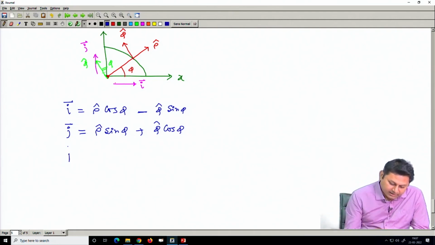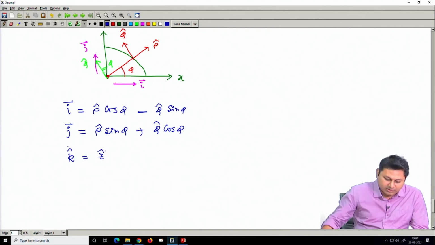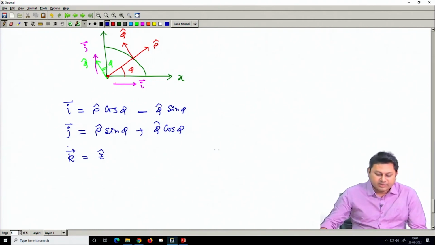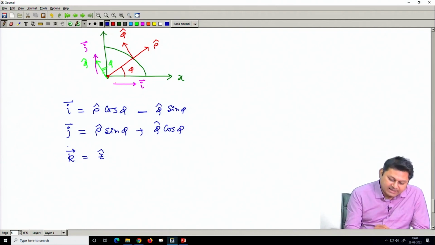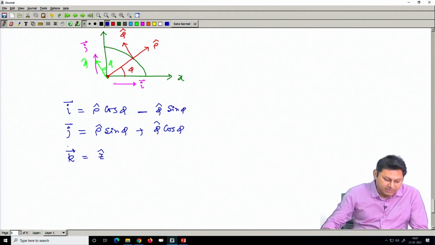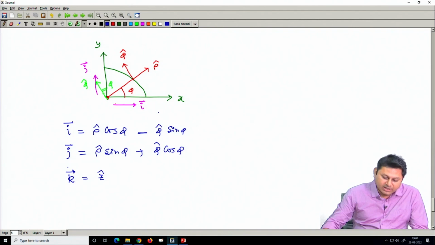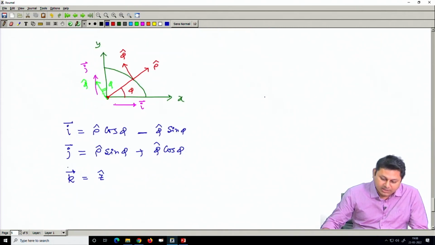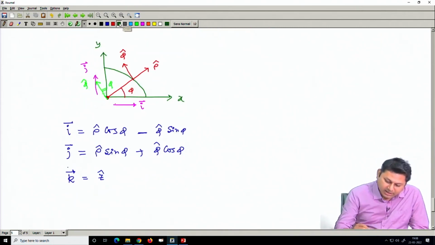So, my k vector will be simply the z unit vector. Okay. I should write it like k vector, because if I write ijk, it automatically means these are the unit vectors. So, this is the way I can have ijk in terms of rho phi unit vectors. Similarly, you can decompose this rho, which is even simpler, to ijk components, and if you do,